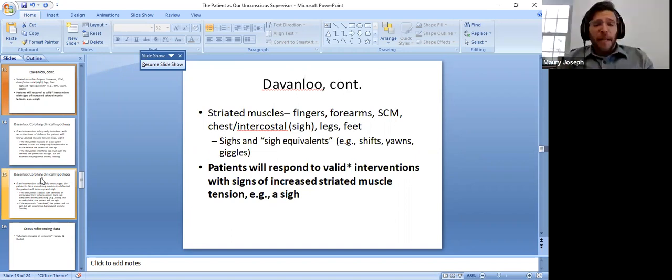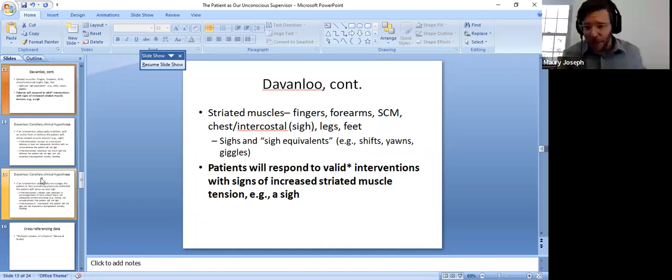And for Davenloo, he found that tension will move throughout the body with a specific pattern, starting with tension in the fingers and hands, then up the forearms into the neck and shoulders. And the sine qua non of the striated muscle tension, striated muscle anxiety for Davenloo and for all you